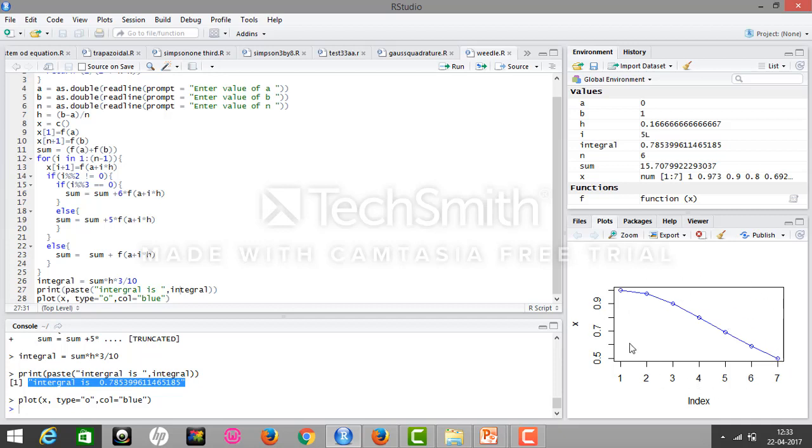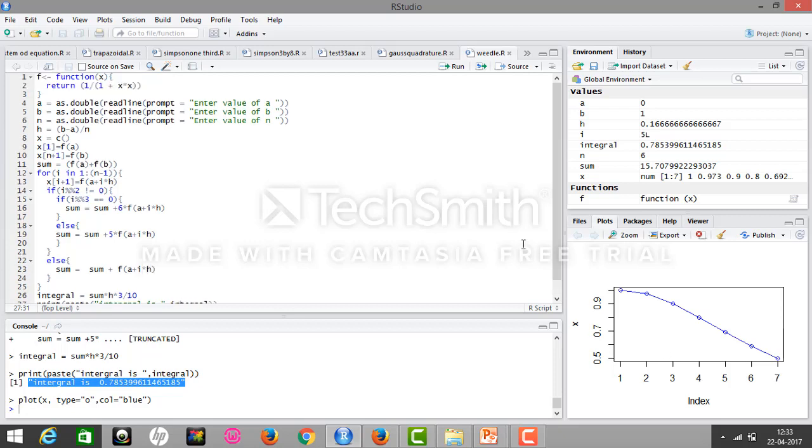You may wonder that from the last 3 videos, on this screen I want to plot some points, so I've just plotted some points according to the indexes. It's not important right now, but I just wanted to add it in my video so that there is no ambiguity. So here's the code for Weddle's rule in our programming language.